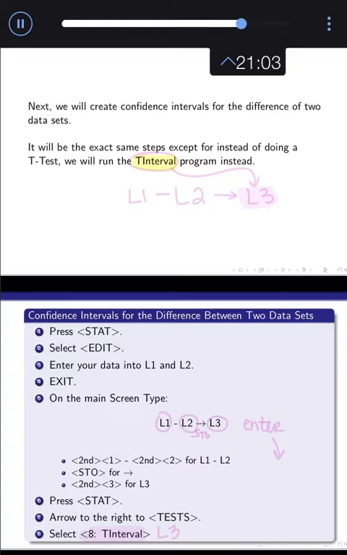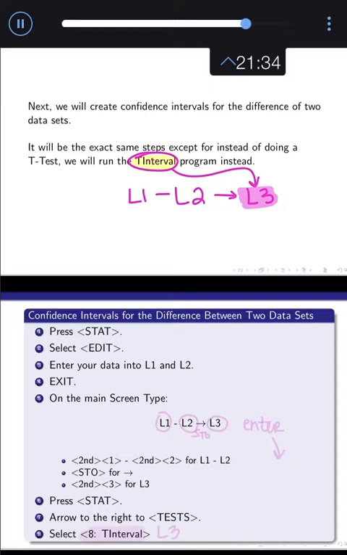But we'll do the same exact thing that we've been doing all along, which is we'll take our list 1, subtract our list 2, and store it into list 3, and then we'll do the t-interval on just our difference, the list 3, just to make our lives a whole lot easier. So we'll do our t-interval on our list 3. So it'll look almost exactly the same as what you were doing for